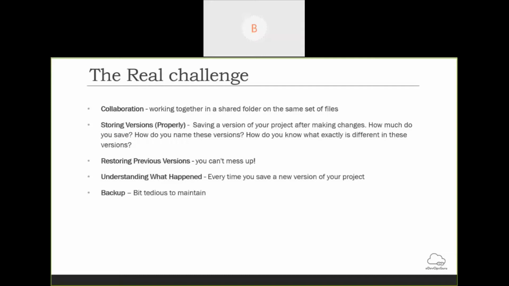Then comes storing versions. Storing versions means how you are going to store the different versions of your code when you are regularly progressing on the project. It is very tedious if a person organizes an Excel sheet or Word document to track each and every version of your releases and what the changes are. So the question is, how much do you save?